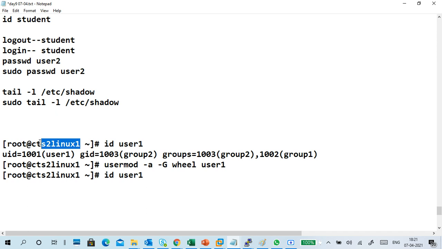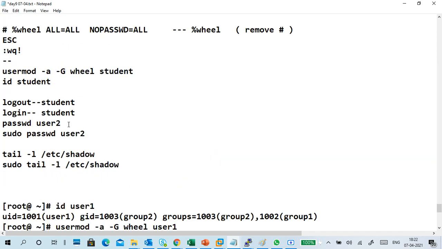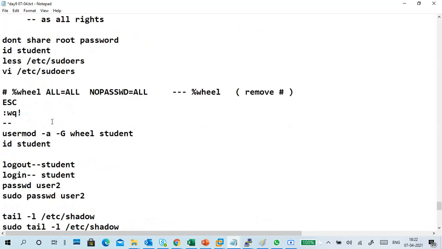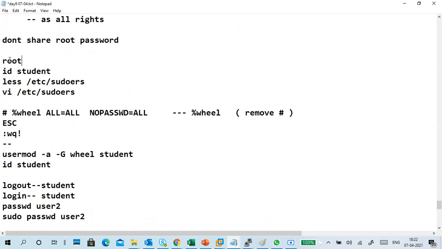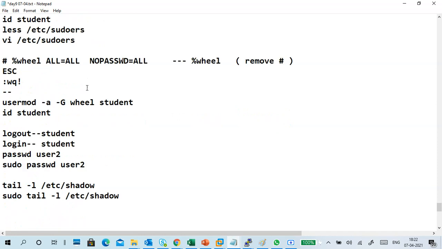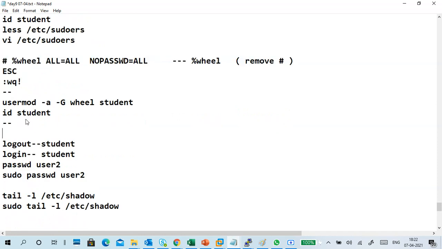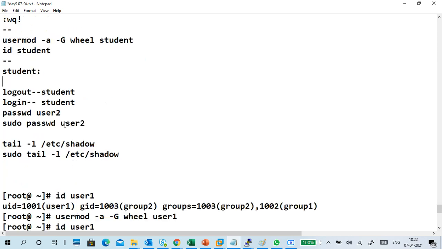So I am in root here, we have to do this one. This entire thing we do in root only. So you have to log in as root to do all these things. Now this is in student, we are doing this one.